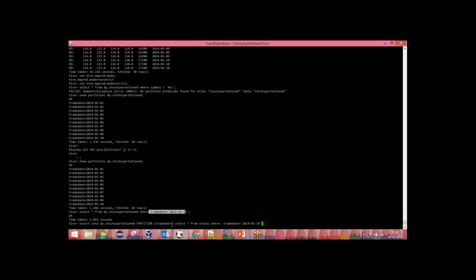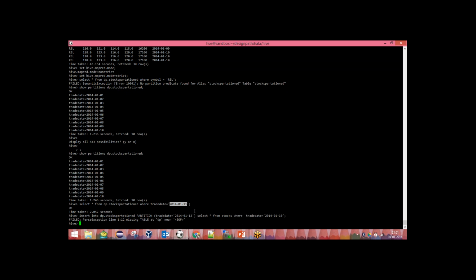So what I'm doing is मैं इसके 10 तारीख का डेटा स्टॉक पार्टीशन में explicitly saying कि that should be associated to a data of 12 की तारीख. 12 तारीख पे इस 10 तारीख का डेटा उठा के मैं इसके 12 में saying कि इसको should be associated to a partition called 12 की तारीख in your partition date. So now क्या हुआ, insert into,